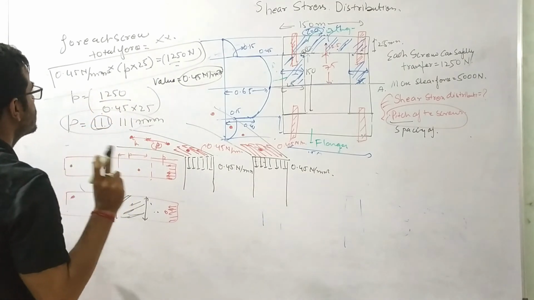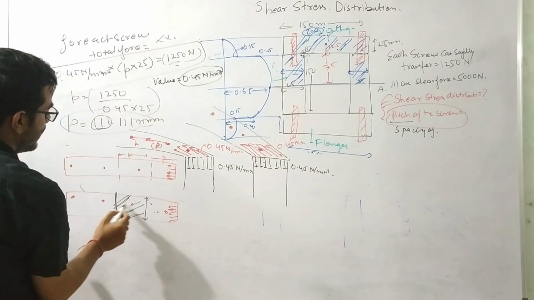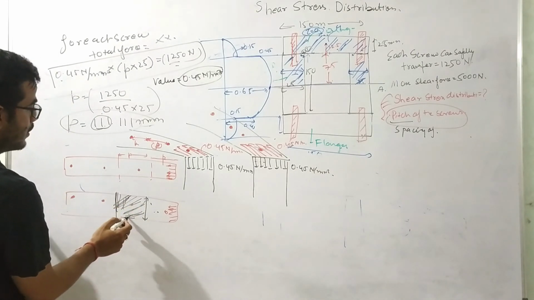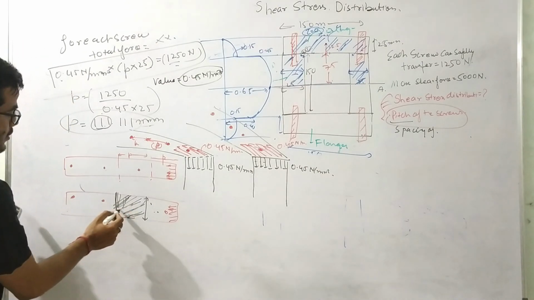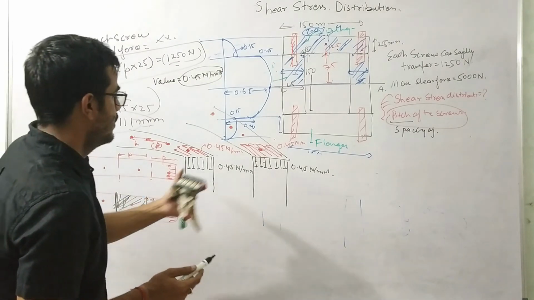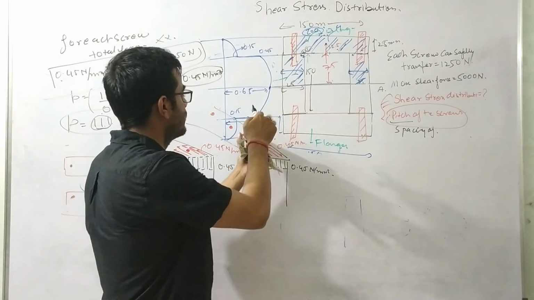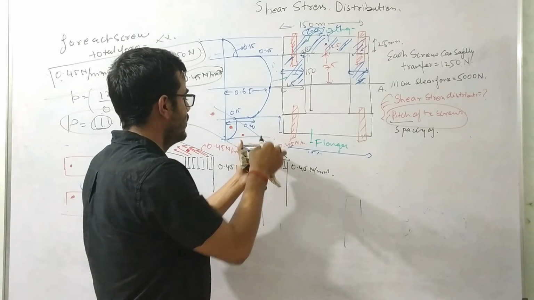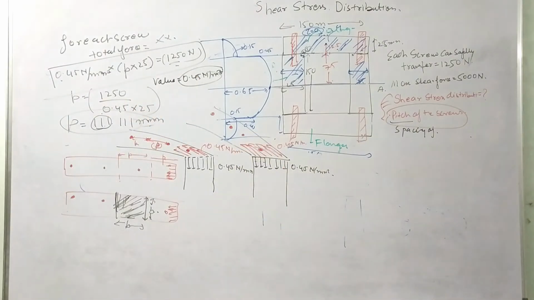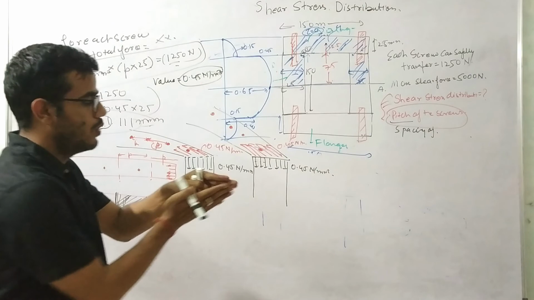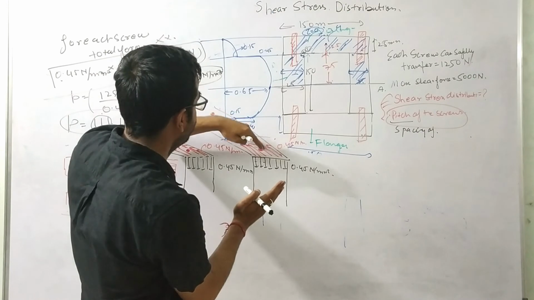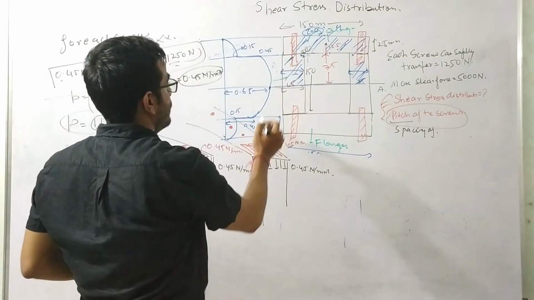The force which is coming to each screw will be the stress which is coming on this area. Each screw will get contribution from this area only, and this area is nothing but p into b, right? Our screws are connected on this plane. This is our vertical shear. So this horizontal shear will act on this plane like this. One flange is over there, one flange is there, so this portion and this portion will have some sharing effect.